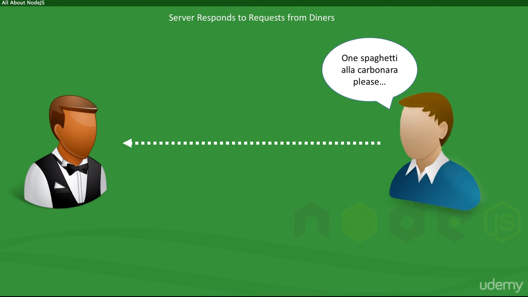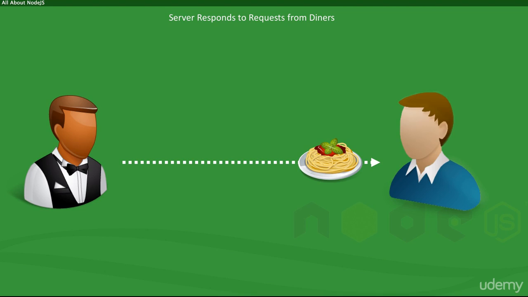You order a pasta, and the server takes your order into the kitchen where it gets processed, and once it's prepared, the server gets it to your table. So for you, the diner, the server is the source and the go-to person for placing orders and requests and getting food and the bill at the end.